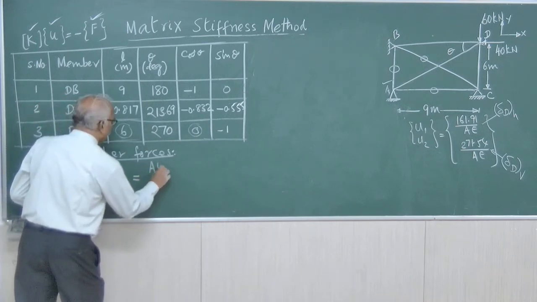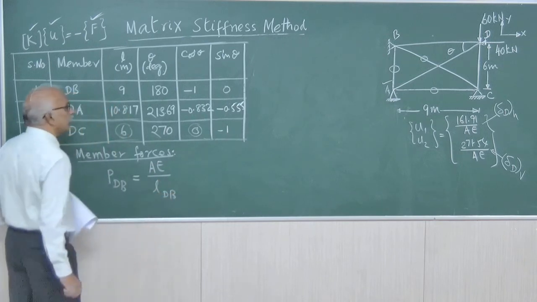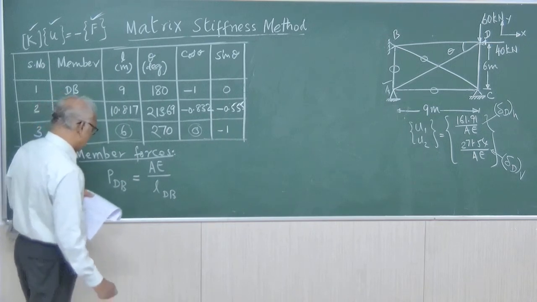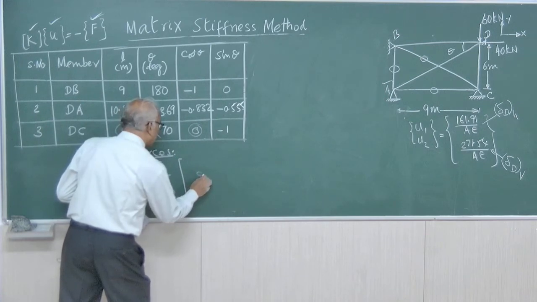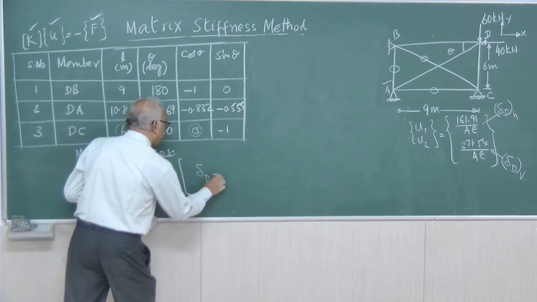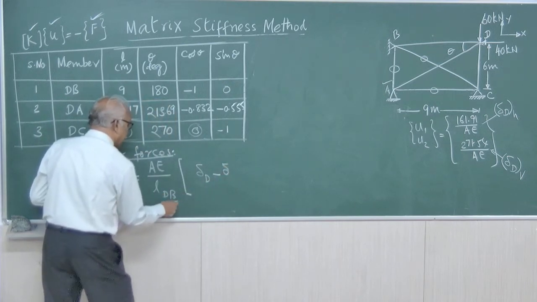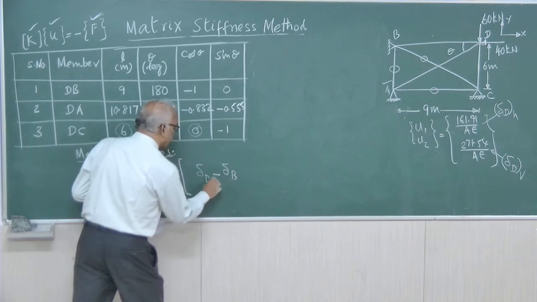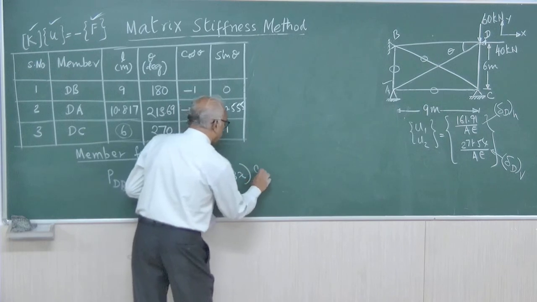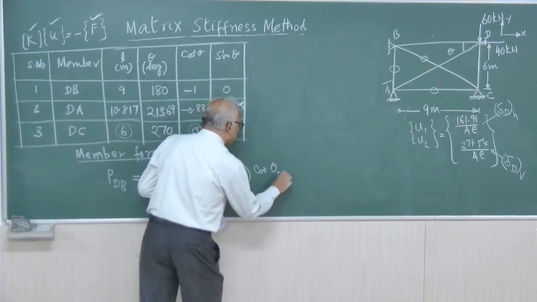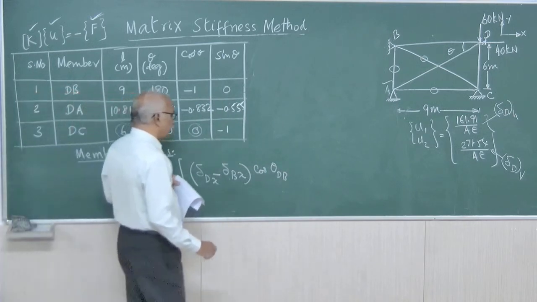AE by L dB into the displacement delta at the point D minus displacement delta at the point B. First D, second B, in the x direction, into cos theta dB. That is for the x direction. Similarly, for the y direction,